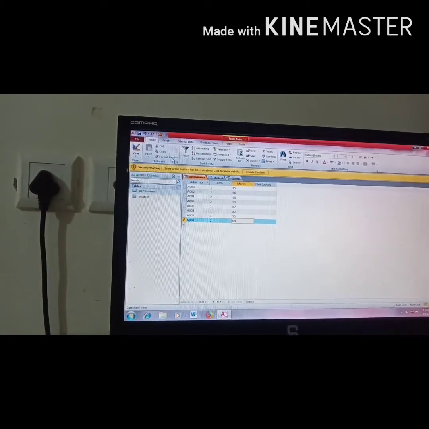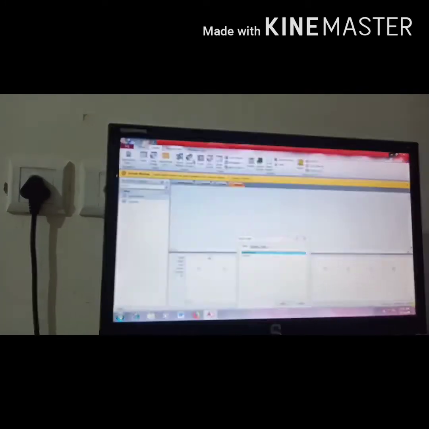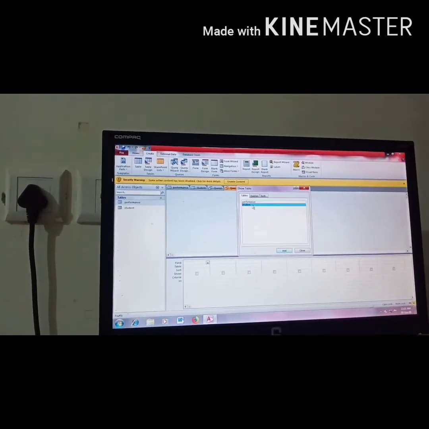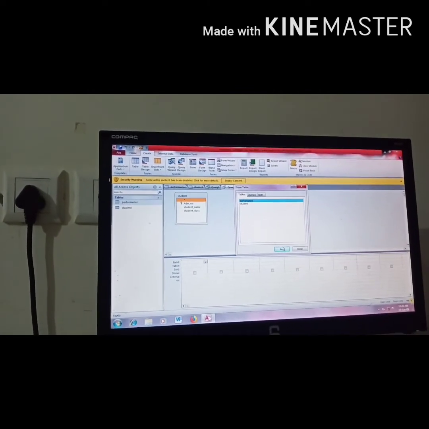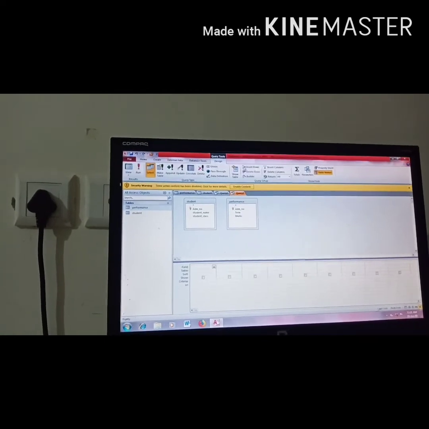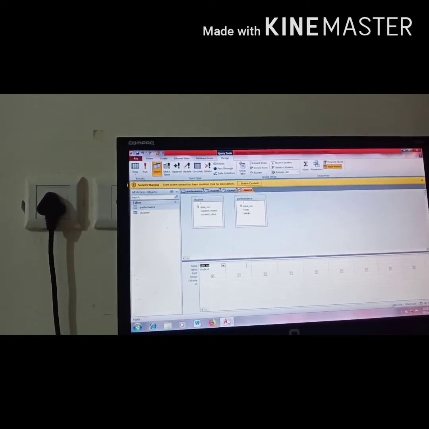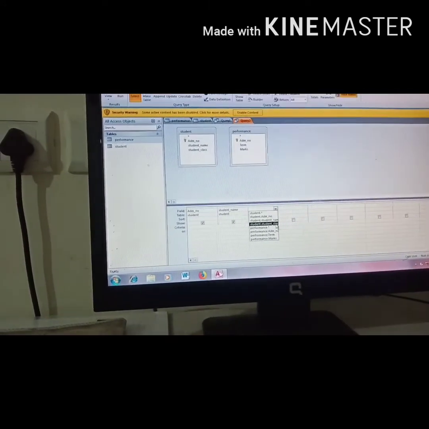So first of all, just go to the create option, then query design. From this dialog box, add both the tables. I am adding student and I am adding performance. All right, now close it. Now take the fields first of all of the student table: admission number, student name, student class.